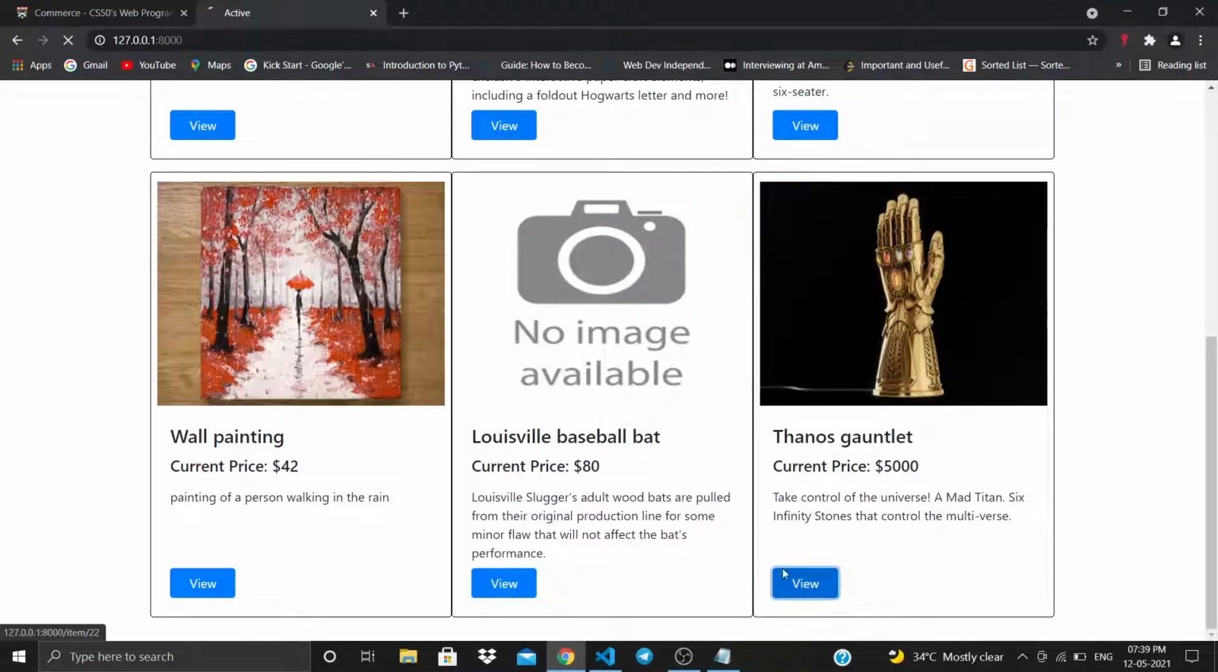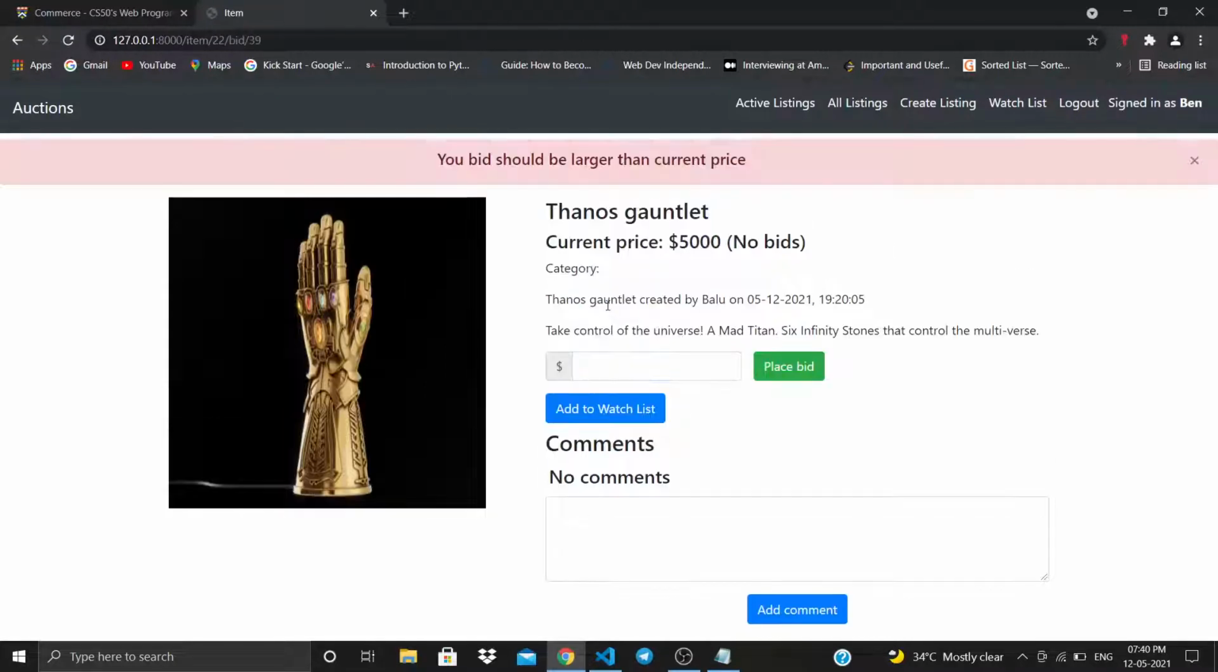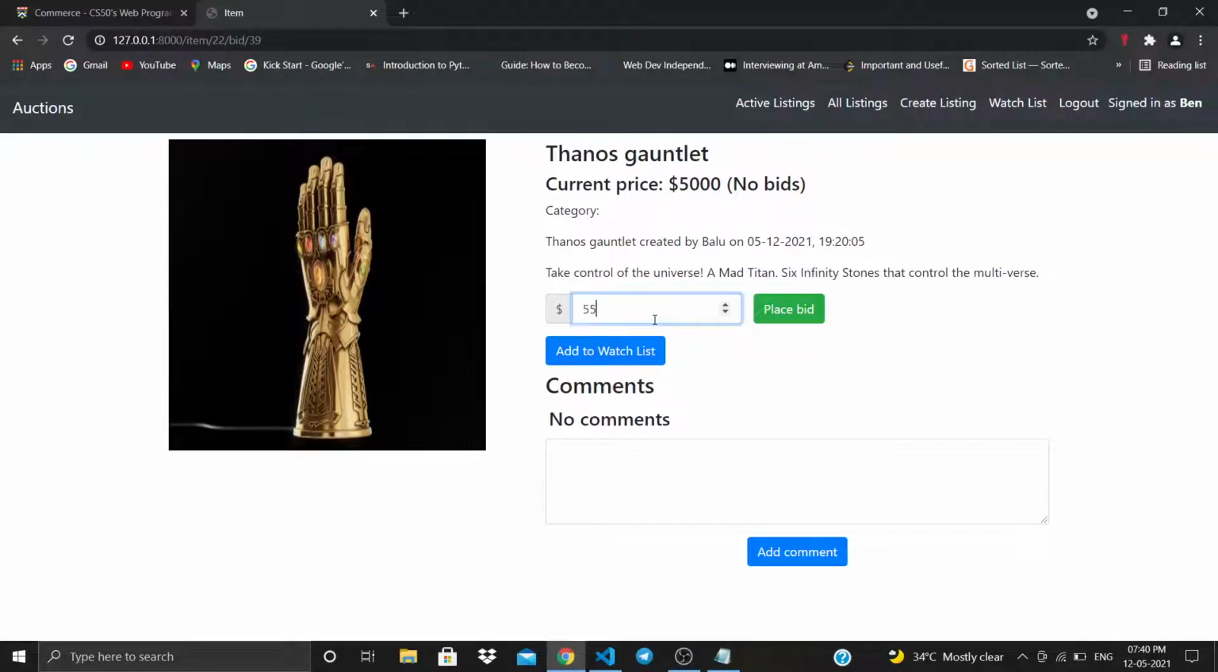Let me just bid on the item, and the bid should be greater than the current price. If it's lower or equal, it displays an error message. So let me type a bid which is equal. It says that your bid should be larger than the current price. So let me place a valid bid. Now the bid has been placed,